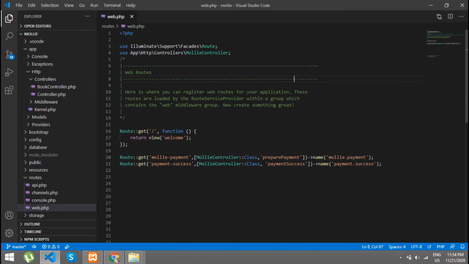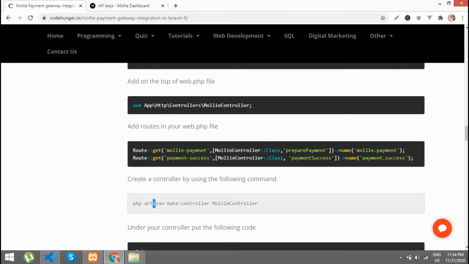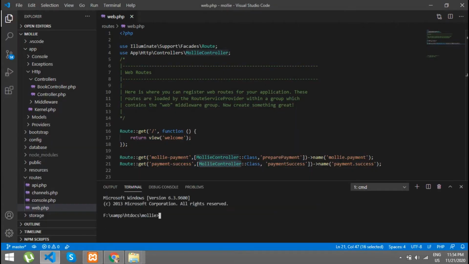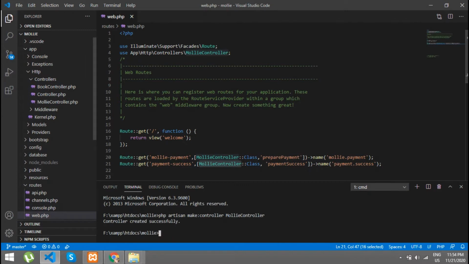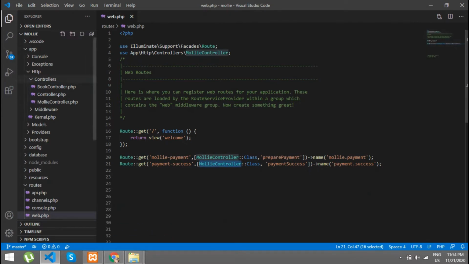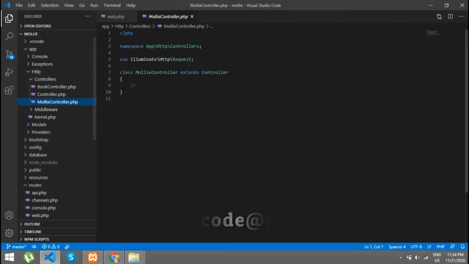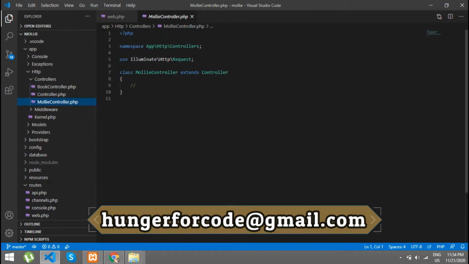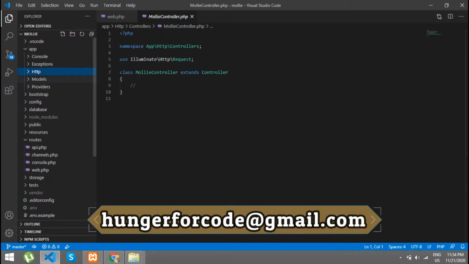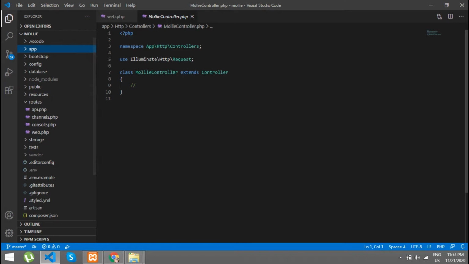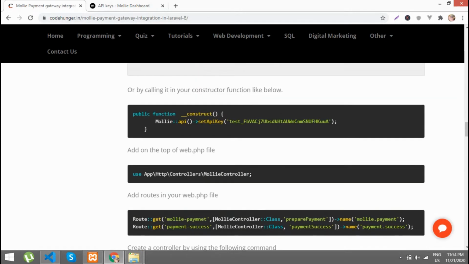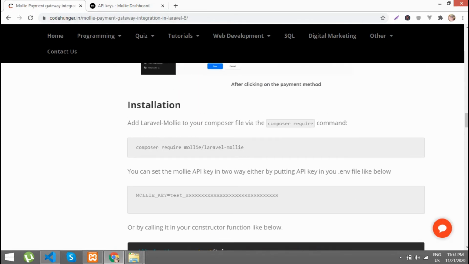Now the other thing is that we need a Mollie controller. To create the controller, we will enter this command. You can see our controller is created. Another thing is that we need a Mollie package to integrate the Mollie payment gateway with Laravel.